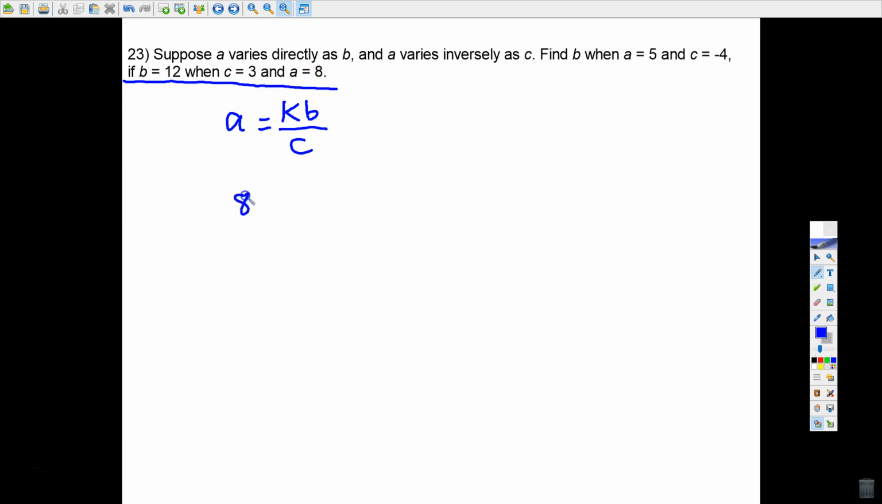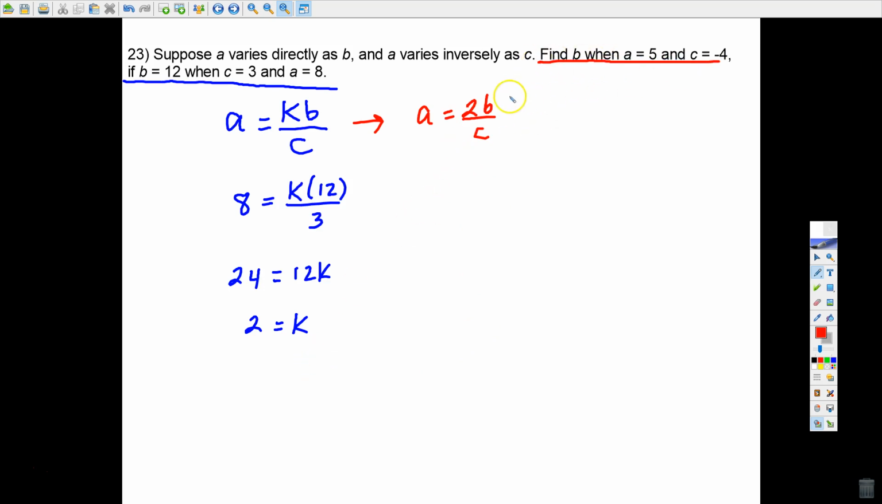Alright, so A is 8, B is 12, C is 3. Multiply by 3 on both sides, divide by 12 on both sides, and now I know what K is, and now I can write a specific equation. A is equal to 2B over C. Alright, and now it's pretty simple then to find out what B is, given that A is